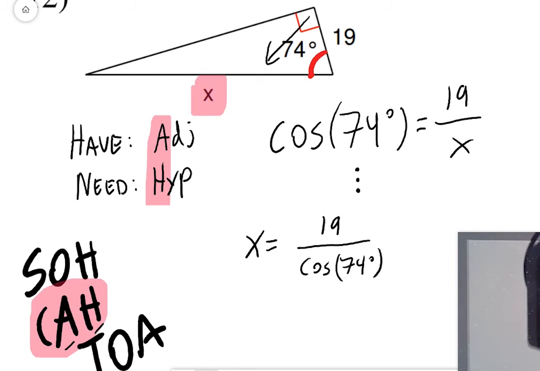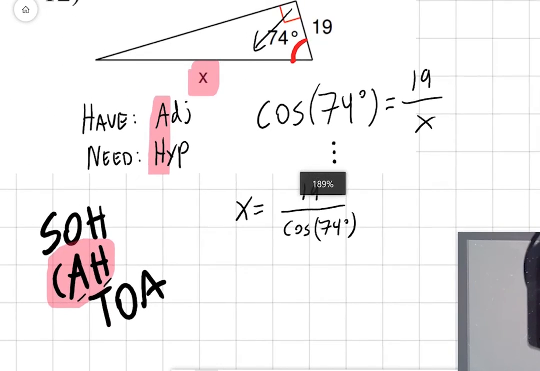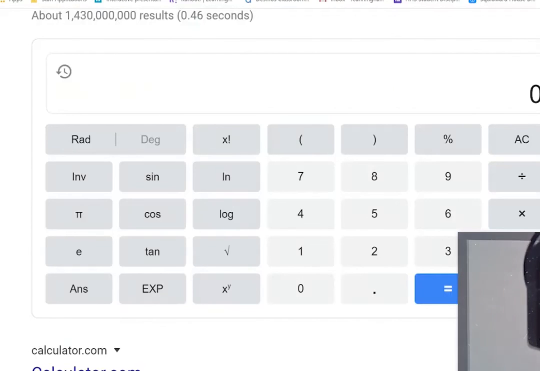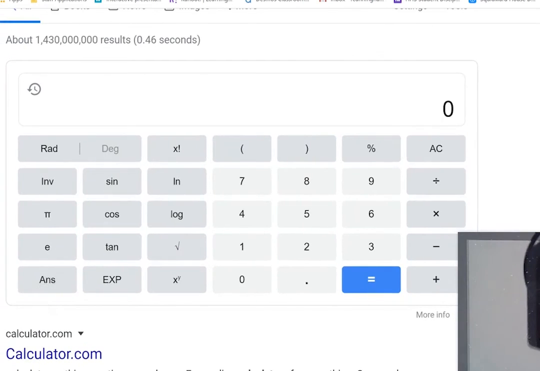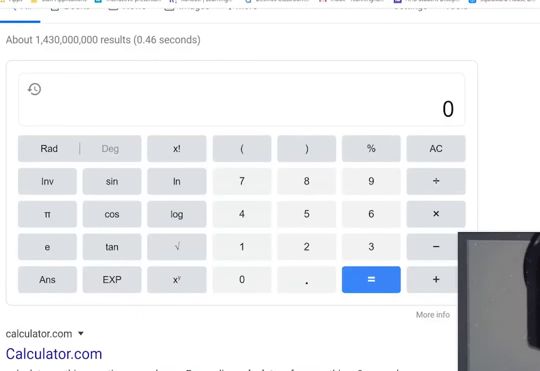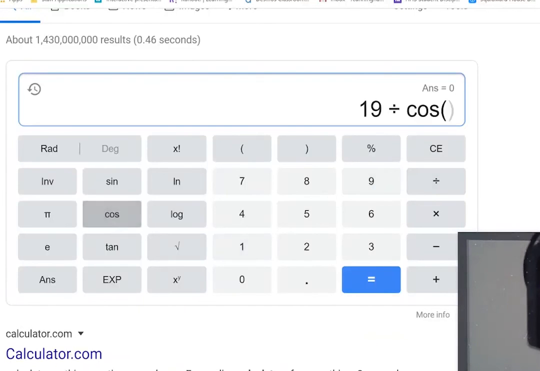And for this last one, I'm going to go ahead and use the actual calculator on Google's website just to show you that it also is quite functional. 19 divided by cosine 74 degrees. So I'm going to go over to the Google calculator. And it works just like my graphing calculator. It also, I believe, works just the same on an Android calculator. So instead of having to do some crazy backwards stuff, you can just plug it in directly. 19 divided by cosine 74, 19 divided by cosine 74 equals